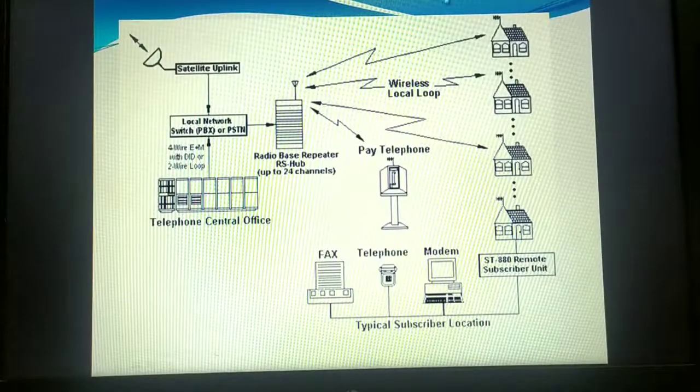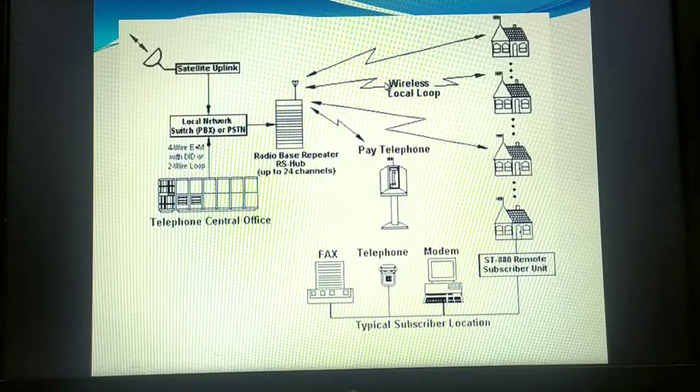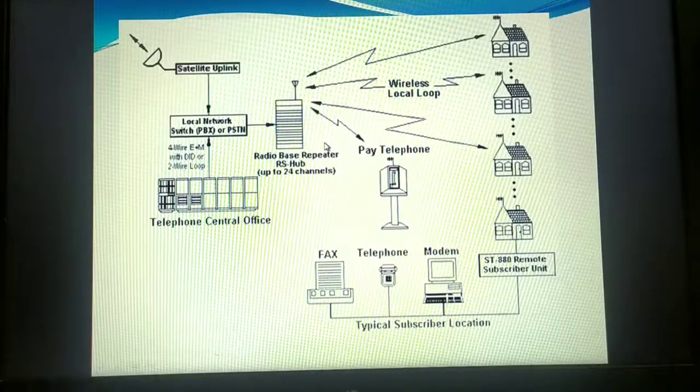And whatever kind of communication it is using is analog, with the telephone services. I hope you know what analog signals and digital signals are. It is using analog signals to transmit and make the connection between the home and the base station. Now we'll see where exactly this WLL will work.